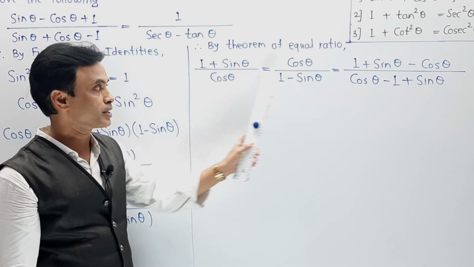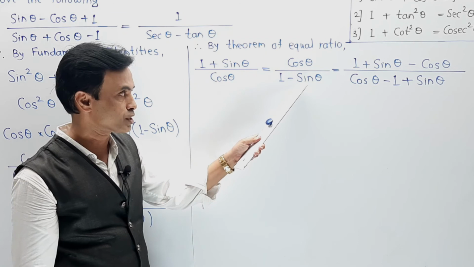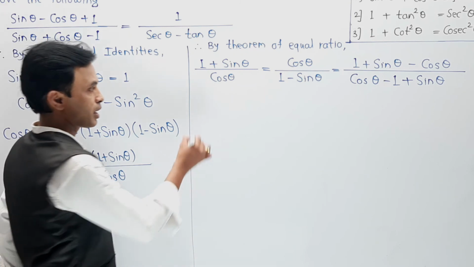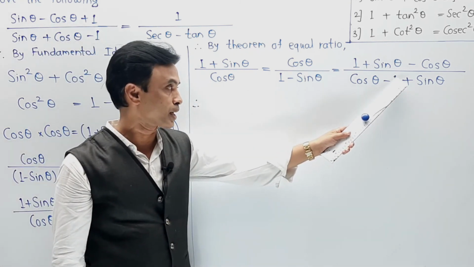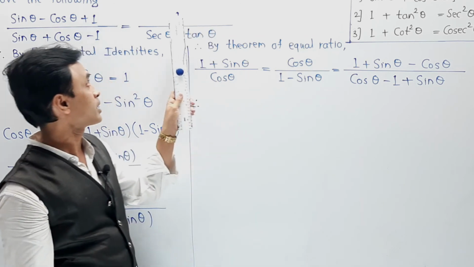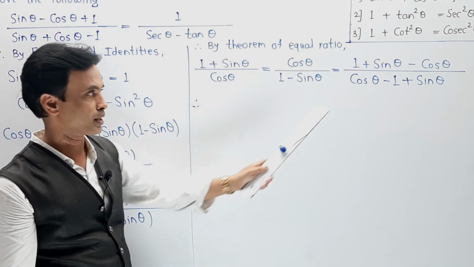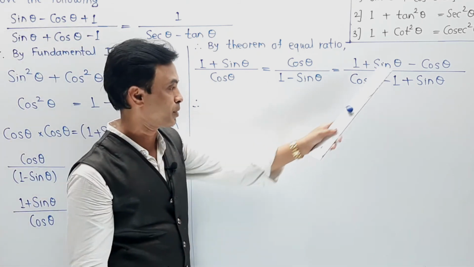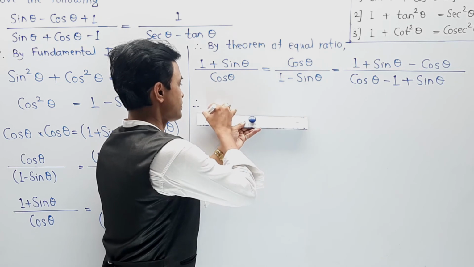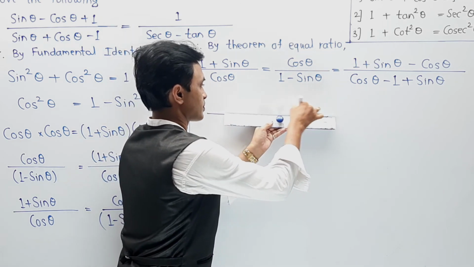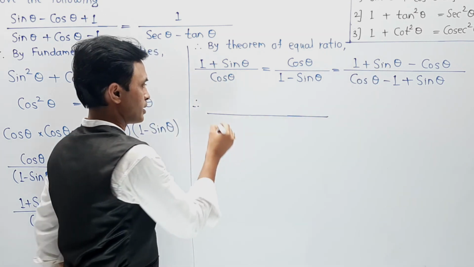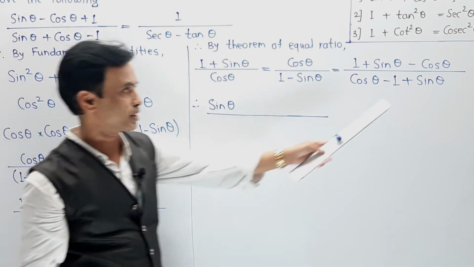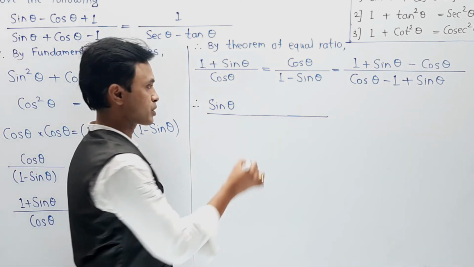Now again, among these two groups, we need only one, and that is this one. So I am going to eliminate this group and make the comparison and rearrangement of that part. Also, the second change is, I am going to write this step over here and this step over here in an appropriate form. Making the first rearrangement as per the answer, we need sine theta first. So I am writing sine theta first. So my first value is sine theta. Next, as per the condition, minus cos theta. So after sine theta, I am going to write minus cos theta.